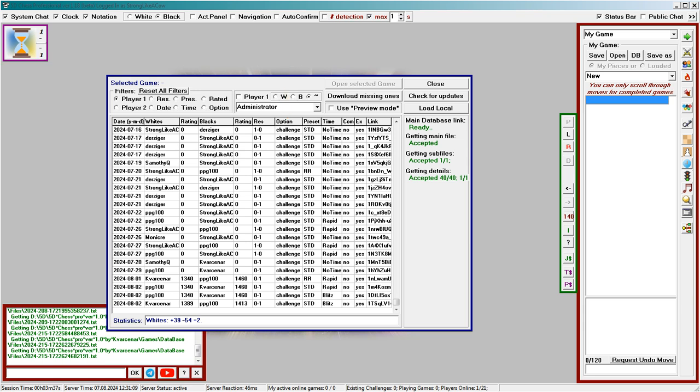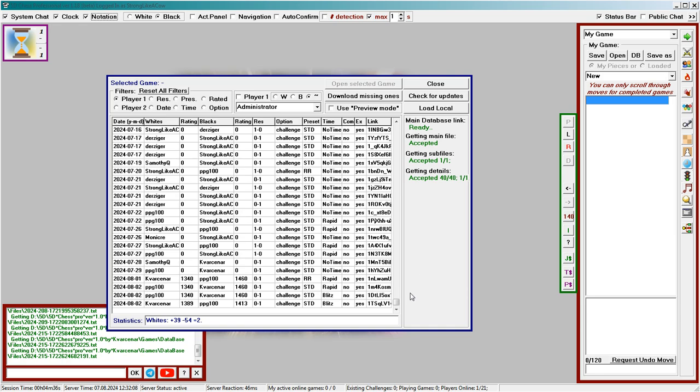Here will be information about whether this is a regular challenge or a game belonging to some event, a tournament for example. At the time of this video, tournaments and other competitions are still in development, so we see the word challenge everywhere. Then the type of preset and the type of time control. There is also a column on whether the game is commented on. But the ability to comment on games is also still in development. Then there is the already known column with information about whether the game is loaded on the local disk. Then a link to download the game, but it is not very interesting to us.